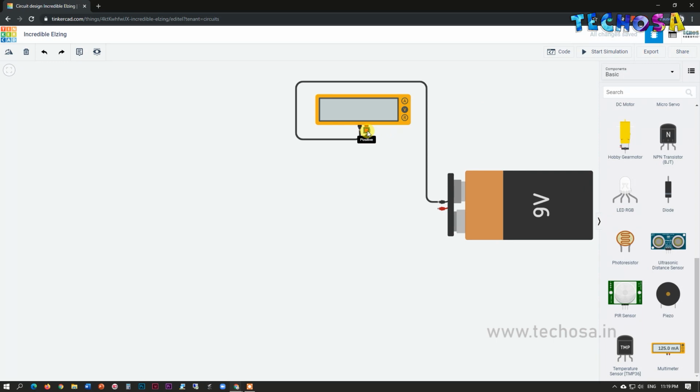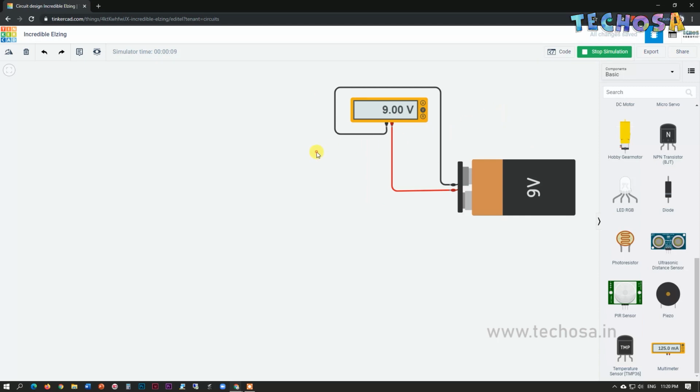Now connect the positive wire from the positive terminal of the multimeter to the positive terminal of the battery and make the wire color red. Now click on Start Simulation and you can see the reading there as 9 volt. So when we connected the 9 volt battery to the multimeter, the value reads 9.